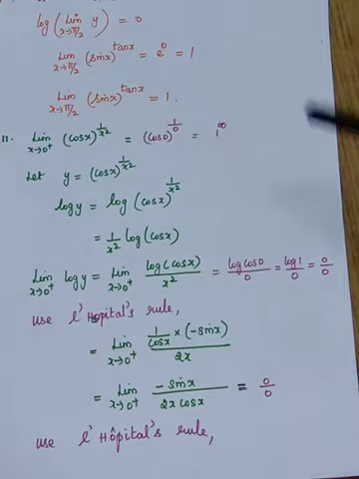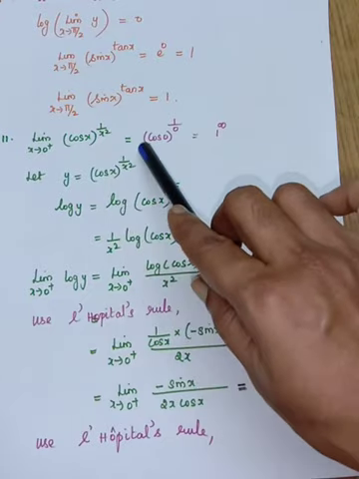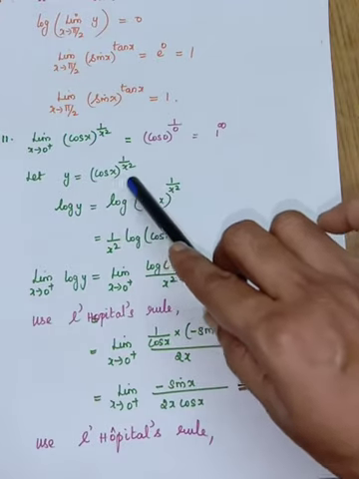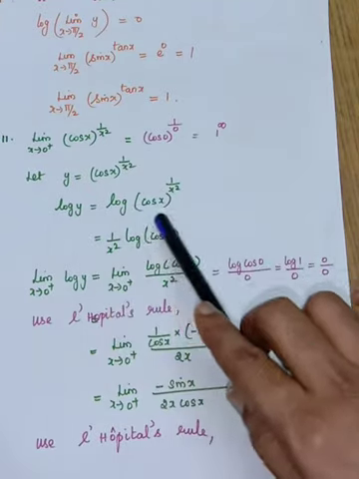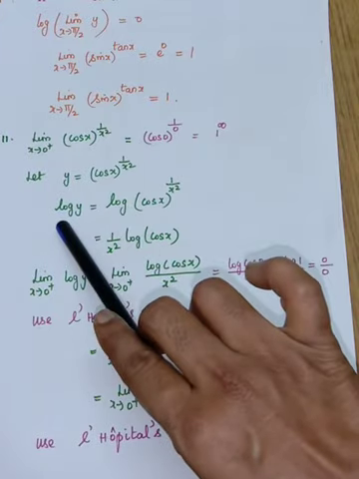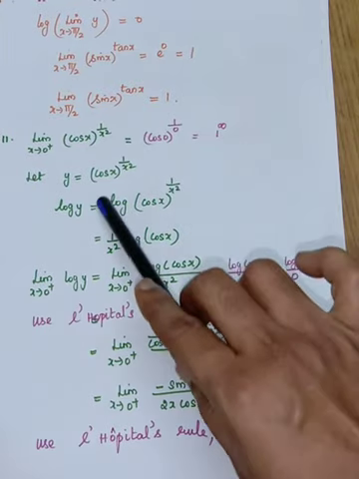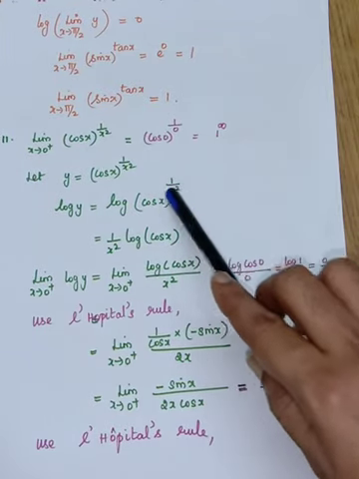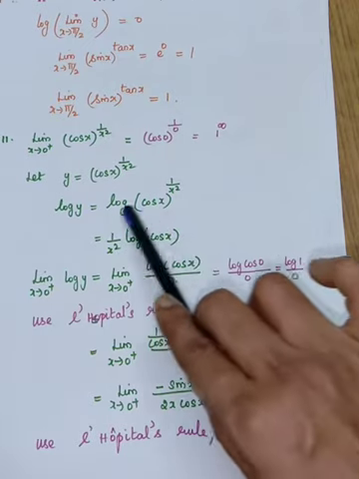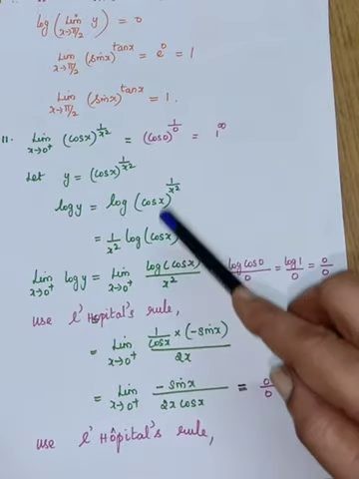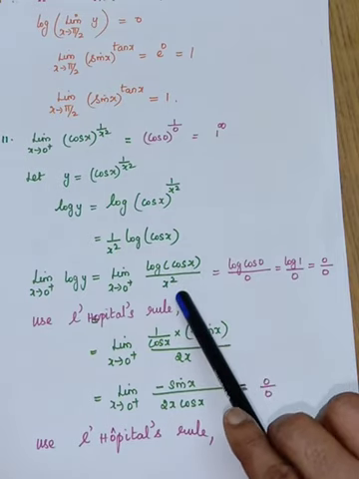So if it comes, first you have to take this function as y. Y is equal to cos x to the power 1 by x squared. So our first step, you have to bring this power to the front. For that you have to apply the logarithmic function on both the sides. So log y is equal to log of cos x to the power 1 by x squared. According to the logarithmic formula, this power 1 by x squared will come in the front: log of cos x. Okay, so you have to arrange this function in the form of f of x by g of x. Already it is written like that only, log of cos x divided by x squared.